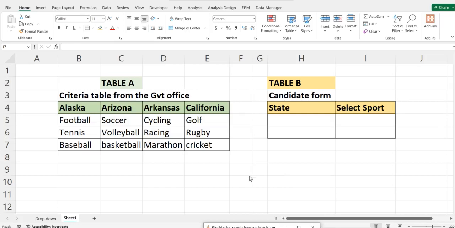Today we'll show you how to create a dependent drop-down list in Excel. Consider an example shown on the screen. Here there is a sport tournament nationwide, but each state in the country has been assigned specific types of sports